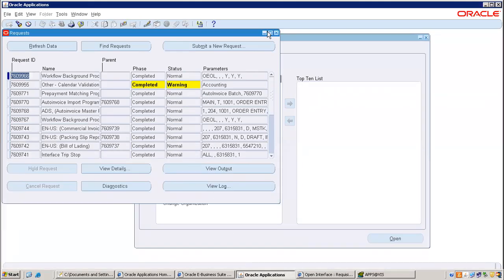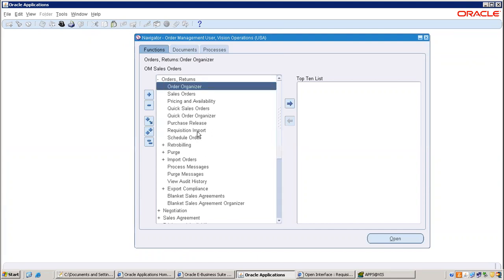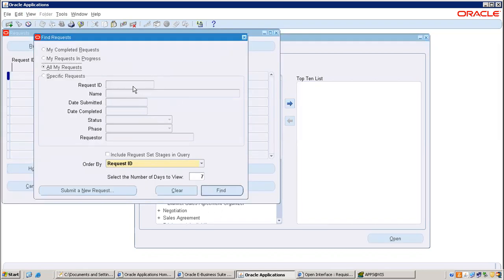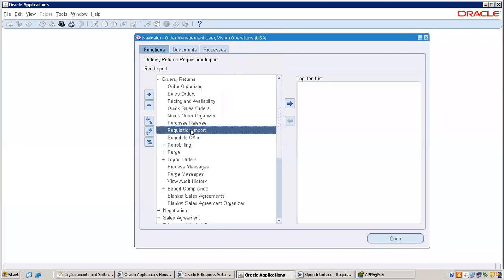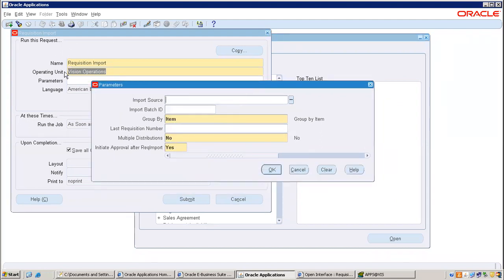In the P2P cycle, you created the requisition manually. But in this case, what you have to do? We need to submit a program. We can submit concurrent programs in many ways. Through PL/SQL, or through the SRS window, which is called standard request submission. But right now I am using another method. With one click also, I can submit like this. I'll tell you how to use this, maybe in the AOL concepts. A concurrent program can be submitted in many ways.